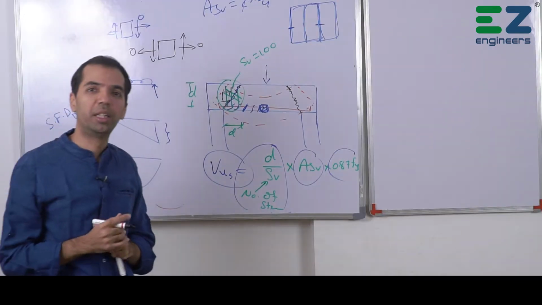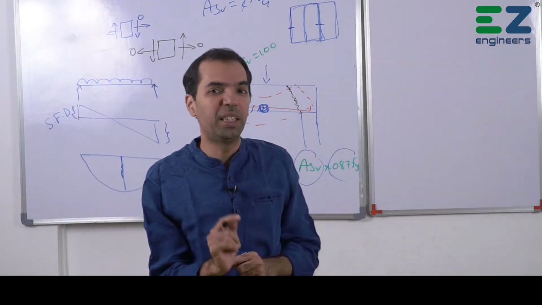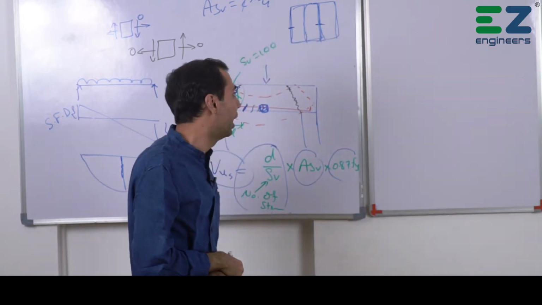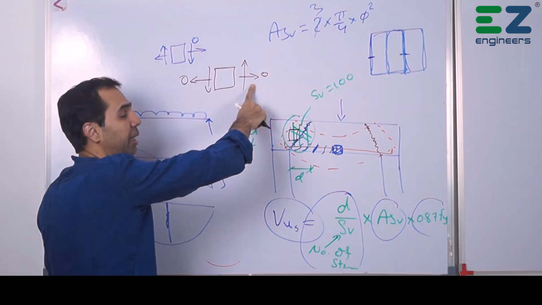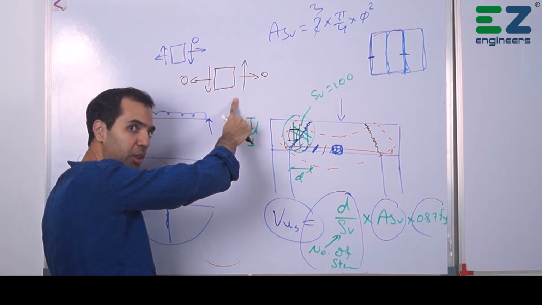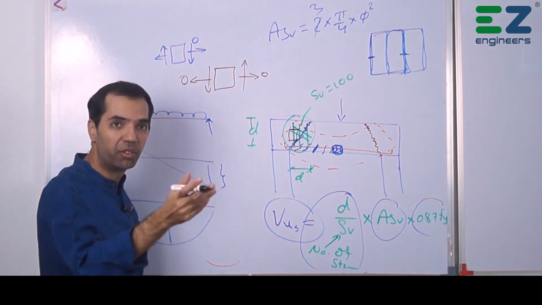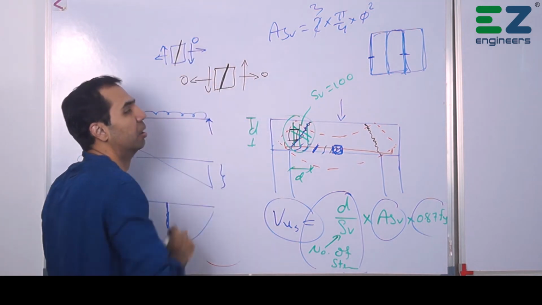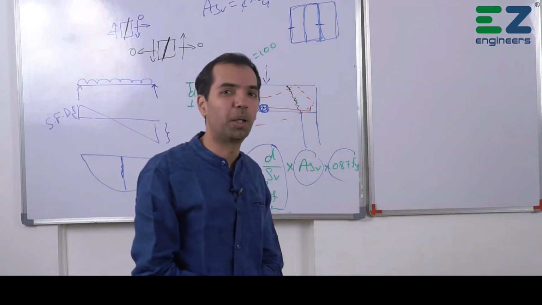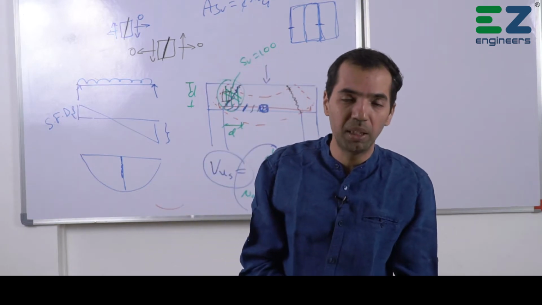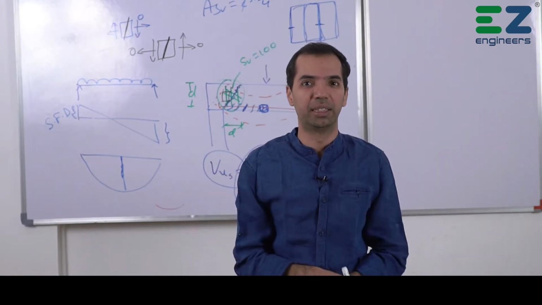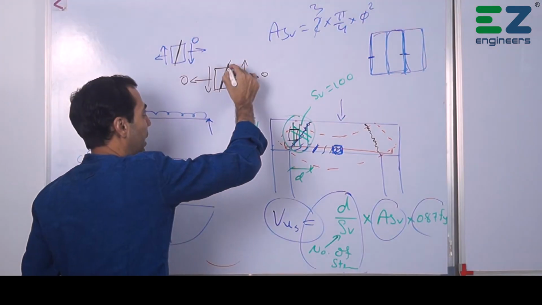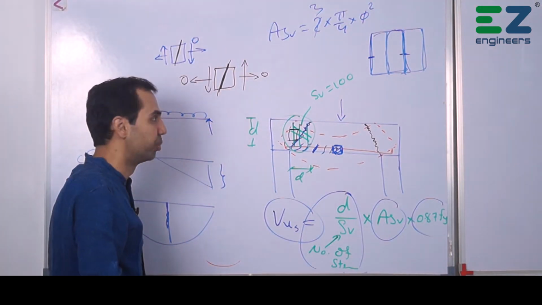This you have learned in the topic named principal planes and principal stresses, where direct stress and shear stress both are acting. Then there were formulas to find the angle of principal plane. What do you mean by principal plane? Where there are maximum stresses. Exactly at that plane there will be the cracks.